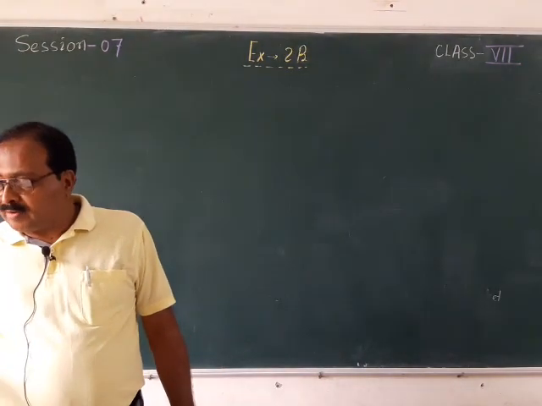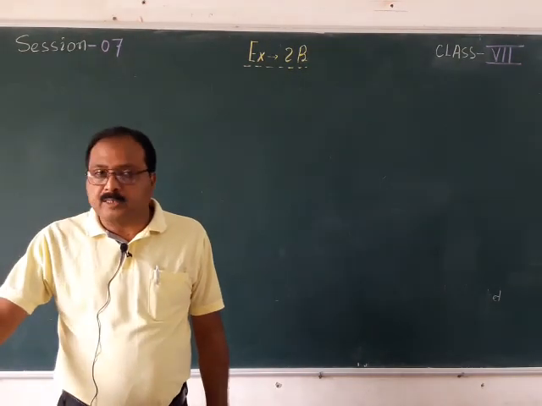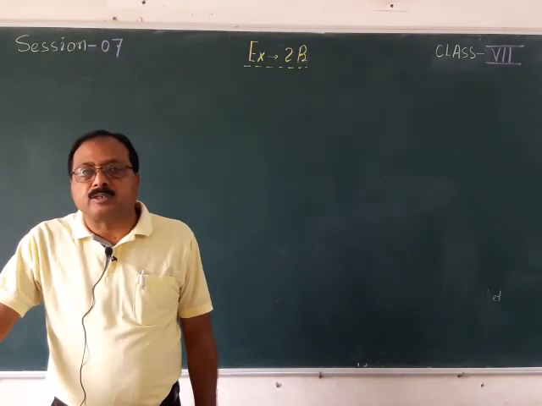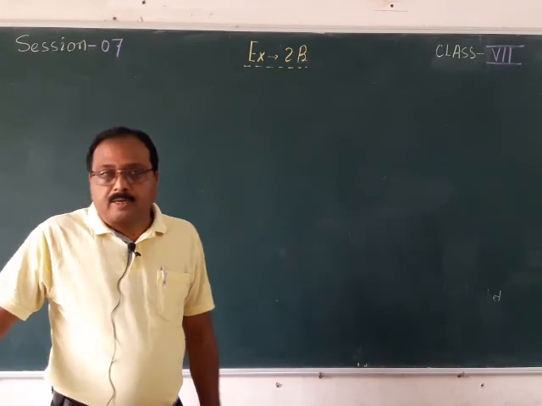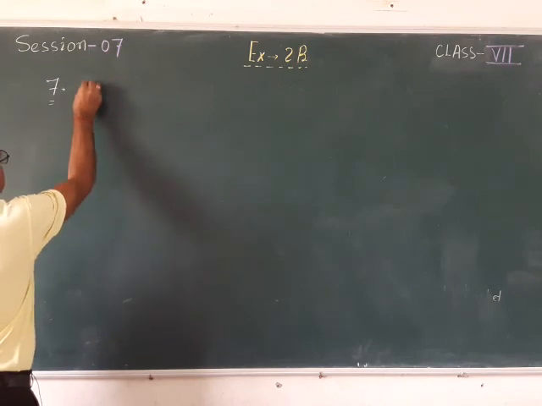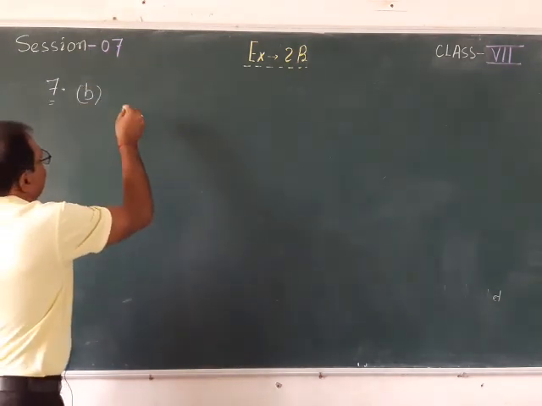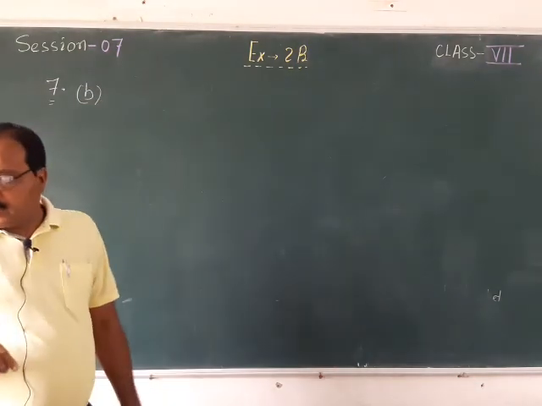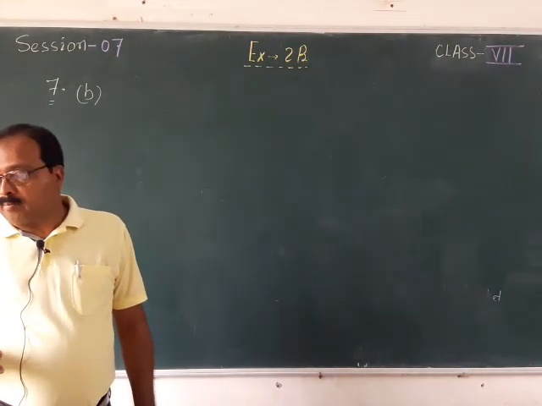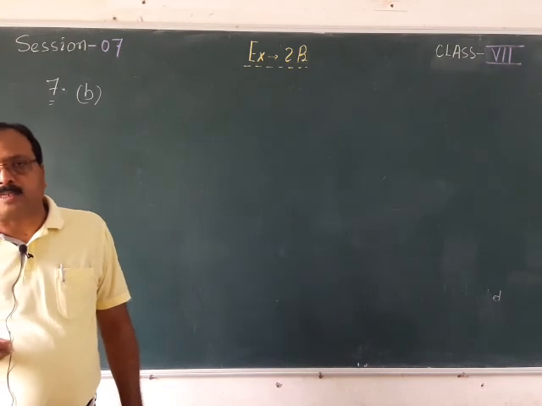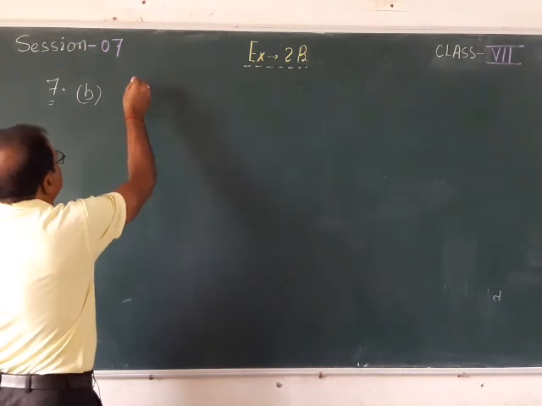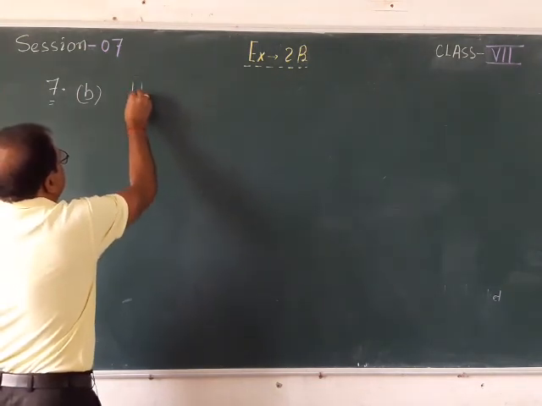The cost of 5.5 kg of mangoes is rupees 302.5. Find the cost of 1 kg of mangoes. So here, as I have suggested to you how to do this question, the cost is given and the mass of mango, that means its weight, is given. So at first I am going to write the statement like this.